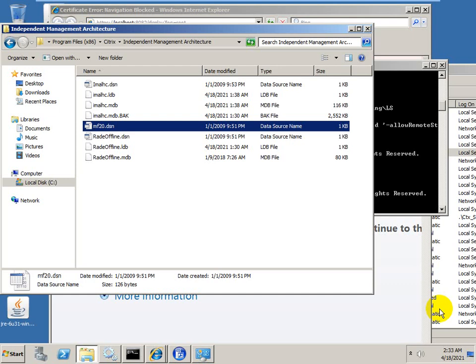Because if you say it is a Microsoft database, it could be Microsoft SQL also, because SQL is also developed by Microsoft. Be clear that it is a Microsoft Access database. And this file is located in the independent management folder.